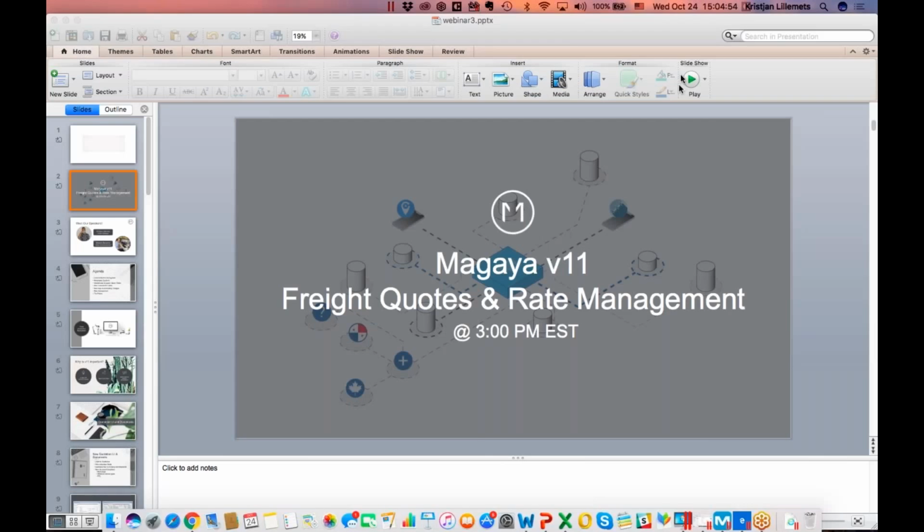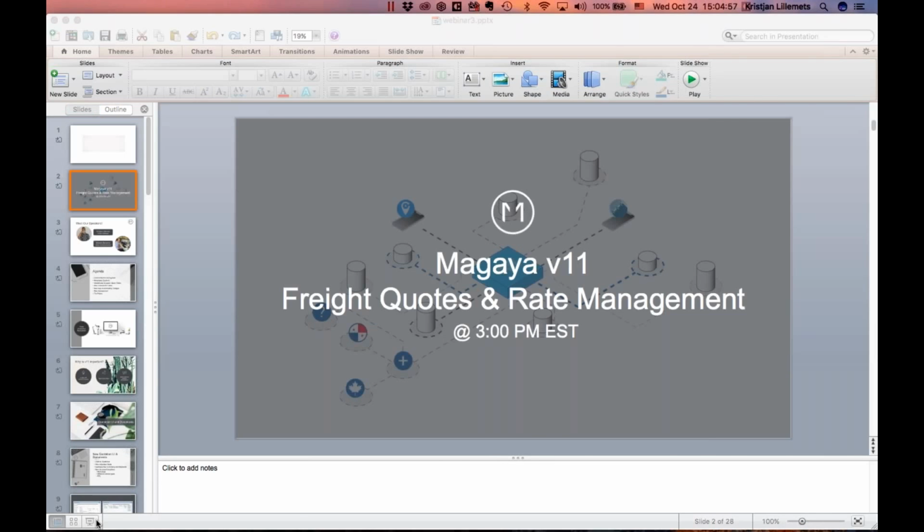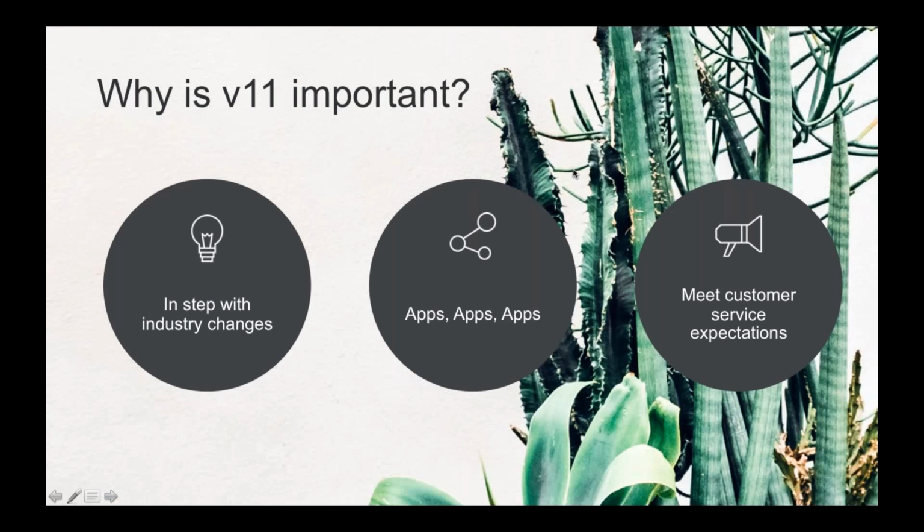And also we have been building new apps because of this. So we have the Binder app for attachments in version 11. We have the new Live Track app, which you've seen in previous webinars. And we have something that will hopefully help meet all our customers' expectations, meaning we will provide to you tools that you can build little extensions to your Magaya system to serve your customers better.